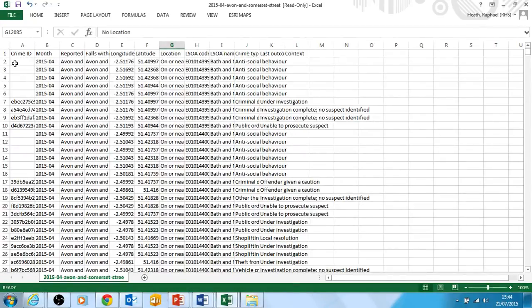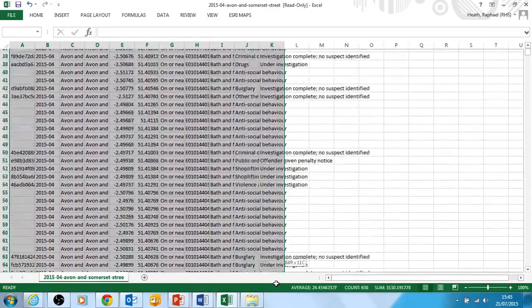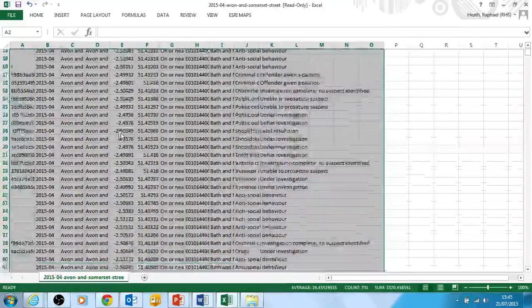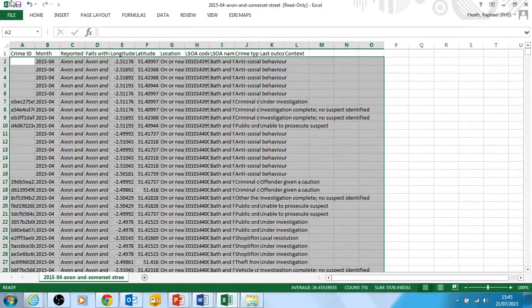I'm just going to show you that if I wanted to join these files together and put several months or a year's worth of data all into my GIS package together, then I need to do a little bit of work here, just copying and pasting it together. I'll give you an example. So here I'm going to just copy and paste a few lines of this data, but of course I could copy it all, especially, as I said, once I've cleaned up some of the data, the bits at the bottom with no data in. So let's just, for example, take a few lines of this data here. As I said, I could take all of it, or at least all of it with locational data, and I'm going to copy it,